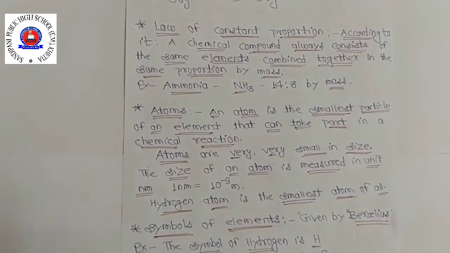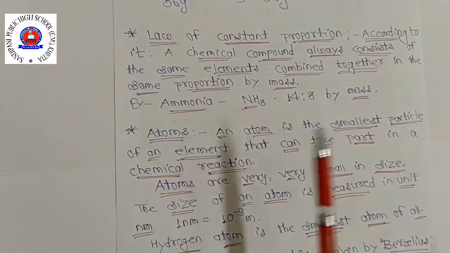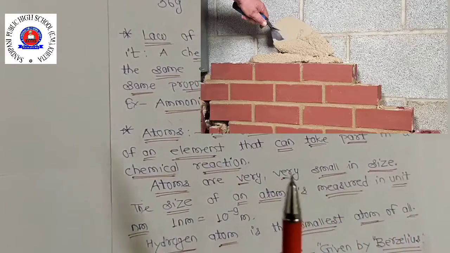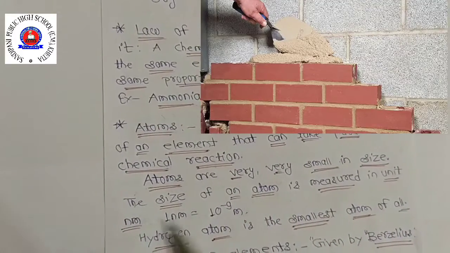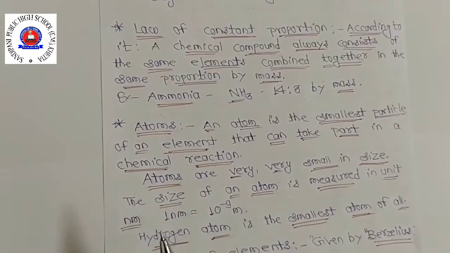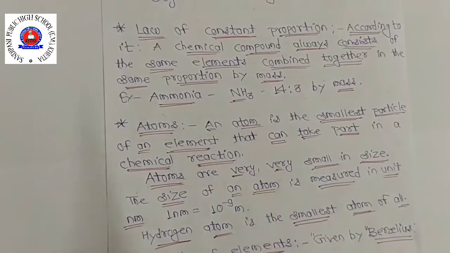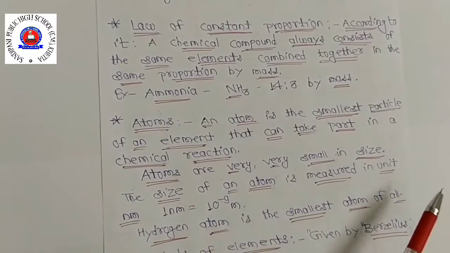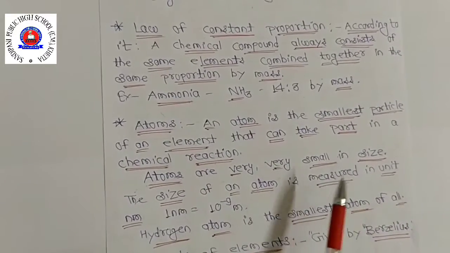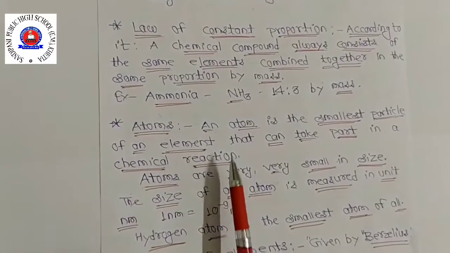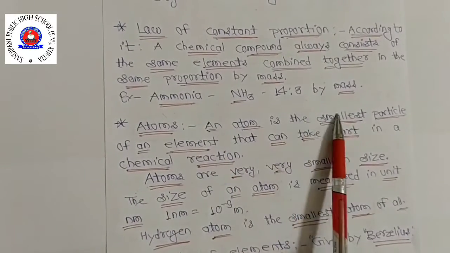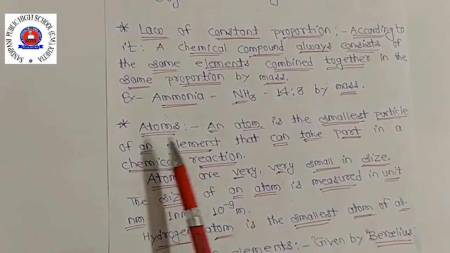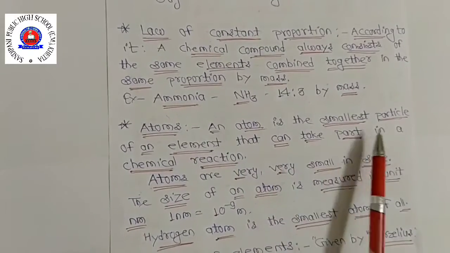Clear this one? Now about the atoms, just as all the houses are made up of bricks, in the same way all the matter is made up of atoms. Thus atoms are the building block of all the matter around us. In chemistry, an atom is defined as the smallest particle of an element that can take part in a